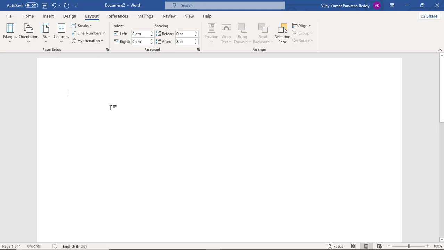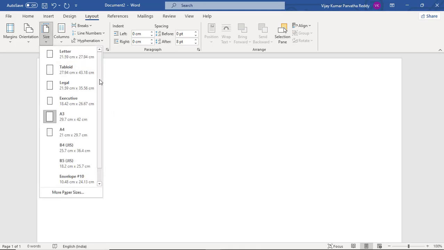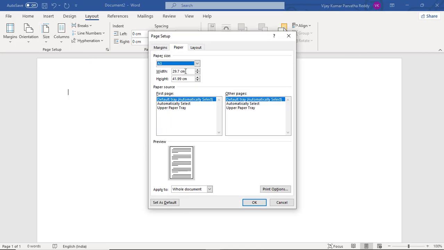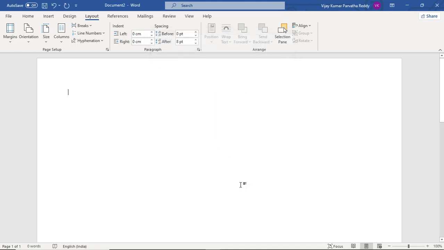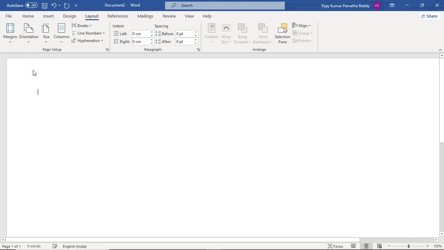So that means you can type more information in a single page. According to your requirement you can select the size, and you can also adjust the sizes. Like you can minimize the size up to the visiting card size also by adjusting the width and height of the pages. And you can change the orientation of the